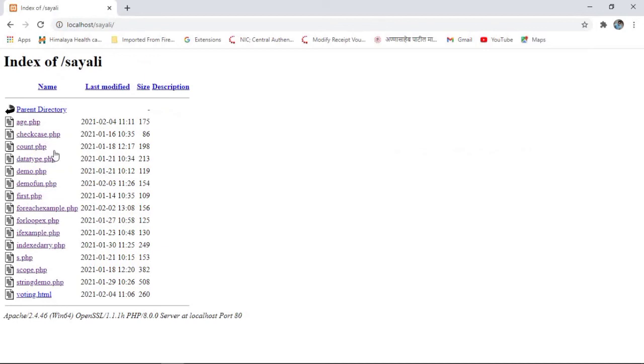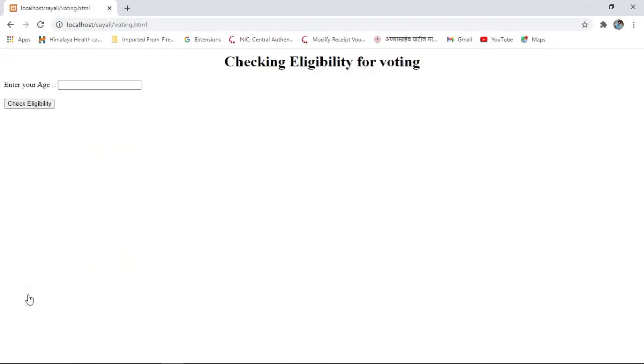Now within this, first of all we have to run the file voting.html. So let us run this file, voting.html. Now enter here age. Suppose age is 19. Click on this button, check eligibility, and the message is you are eligible for voting.